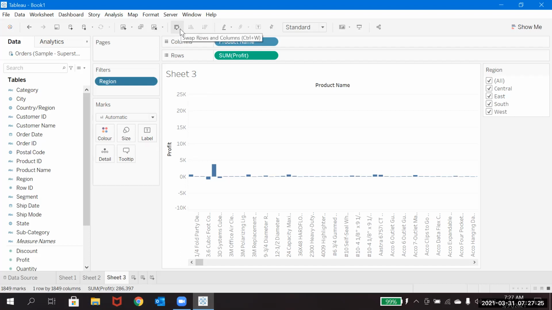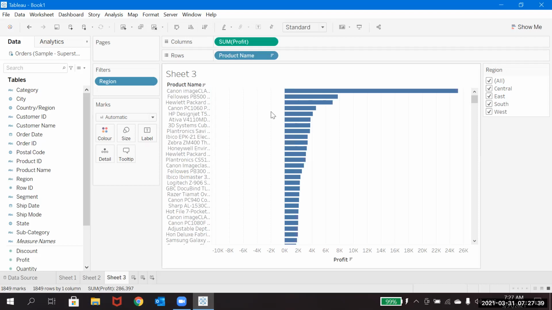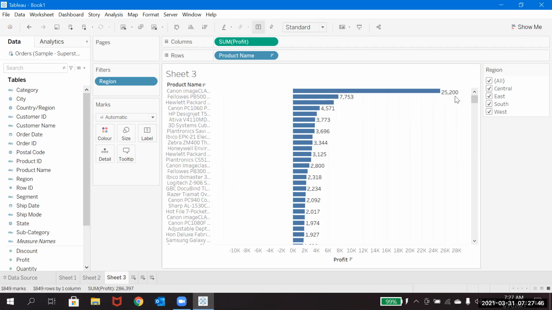and you will not be able to know which product has the most profit. So then you can swap this. So now this is coming up. Again in this also you will not understand which is the top profit. So for that, you can click on this sort button, which will be descending order. Now you will understand which is the highest profit, and maybe you can display the text here. Now you will understand the highest profit product to the lowest profit product.